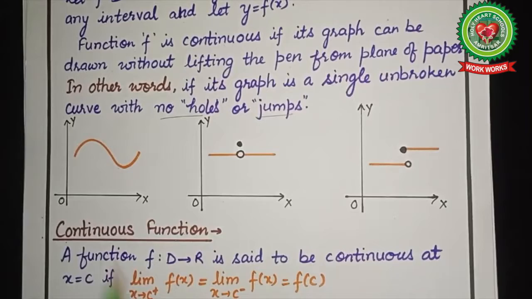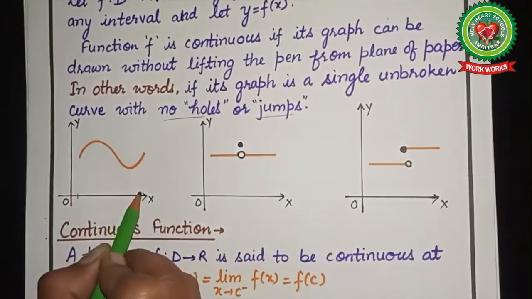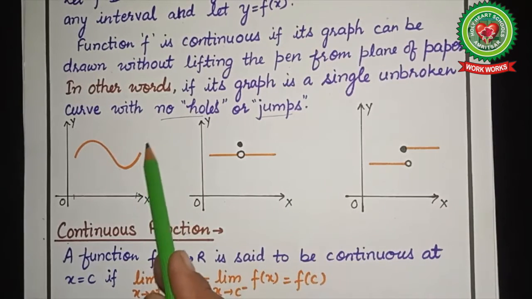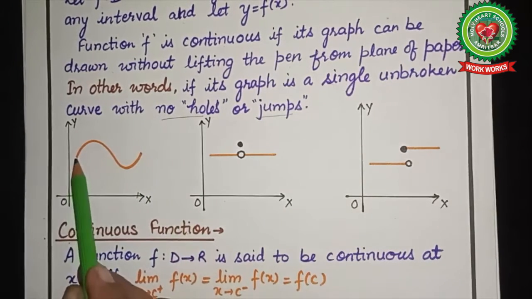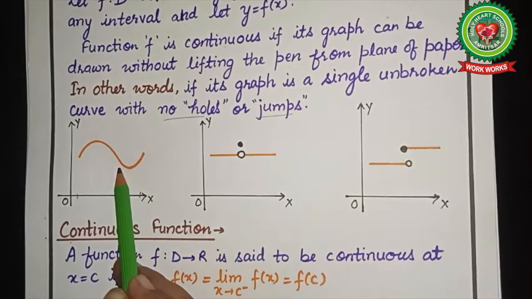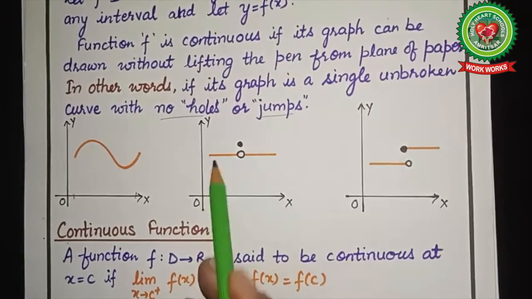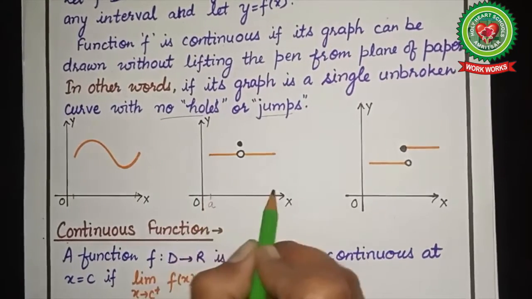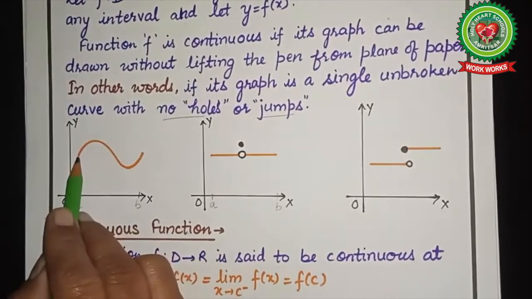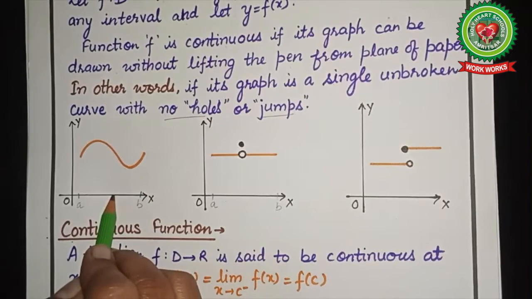Now look at the first one. Here the curve is continuous in this interval. If you want to find the further values, it will be continuous like this only. So it is not broken within this interval. So it is called a continuous graph. Now look at the second figure. This graph starts from here. Say this is the point A. This is the point B. Same here, it is A and B. This graph is not broken within the interval. So it is a continuous graph.